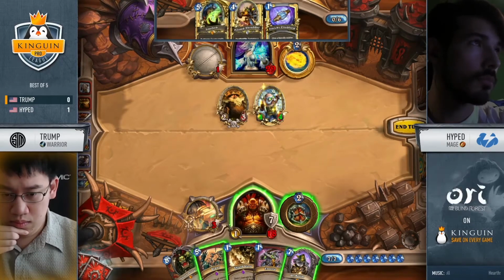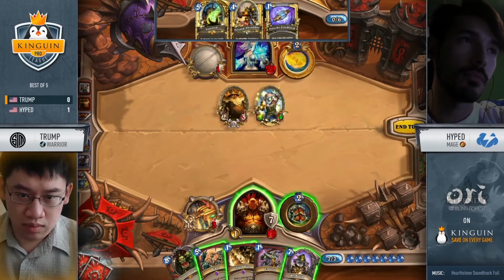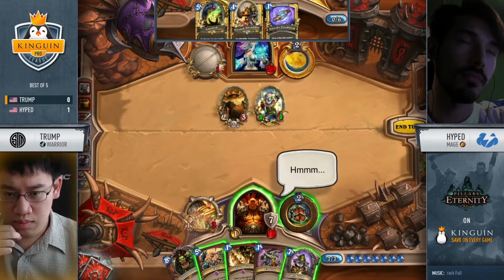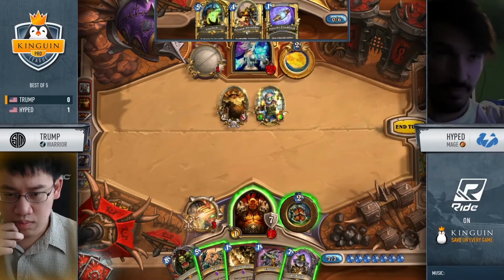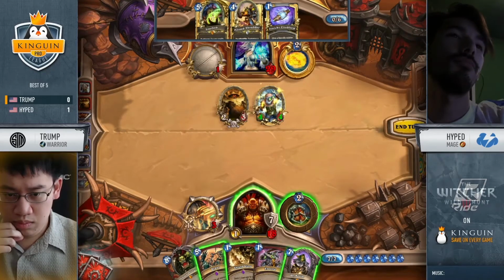Just weighing the options, and I definitely agree with you. I feel like attacking that slime, or the possibility of a slime, is more likely than the possibility of Harrison Jones, because Warrior runs 2 Sludge Belchers and 1 Harrison Jones, right? Typically, yeah. So now Trump has to make the decision of...